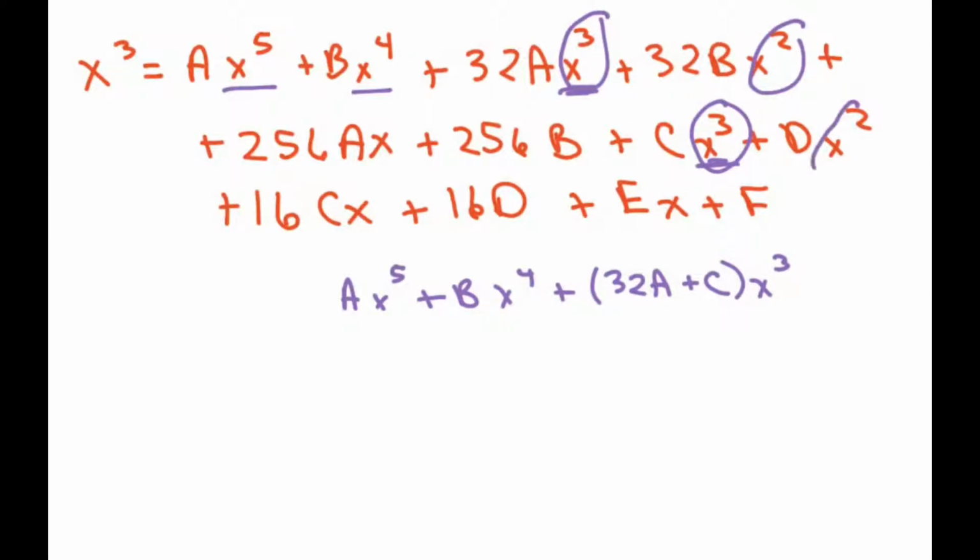How many of those? We just have 2. So we have plus (32b plus d)x squared,